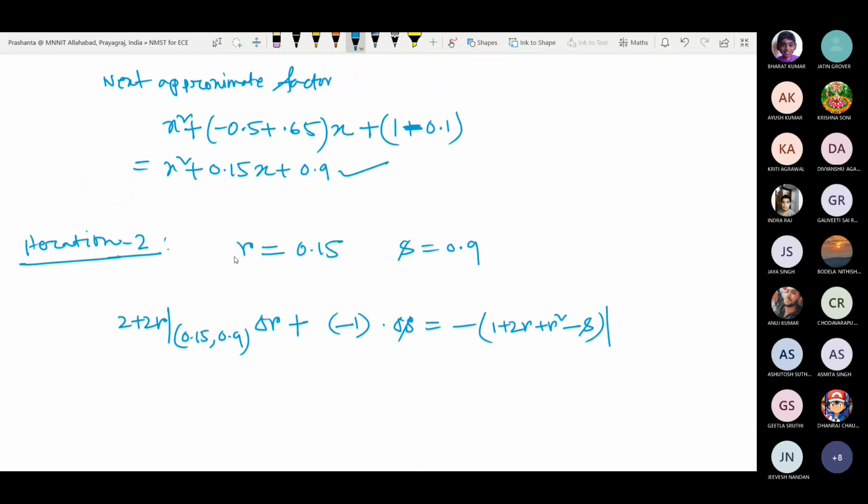This has to be evaluated at 0.15 comma 0.9,